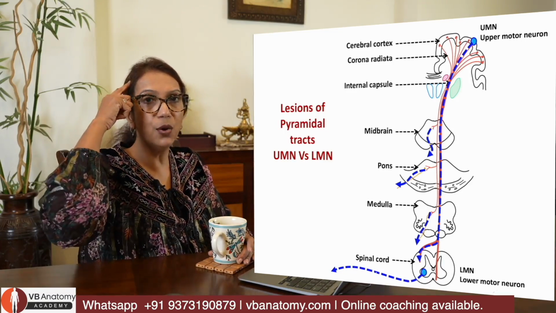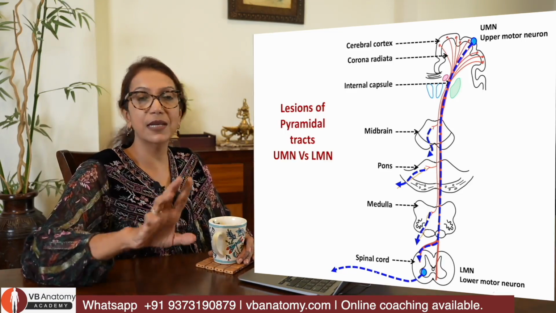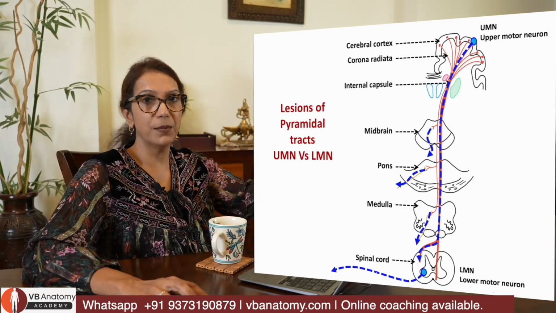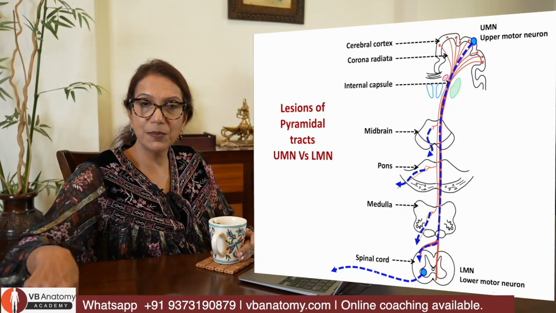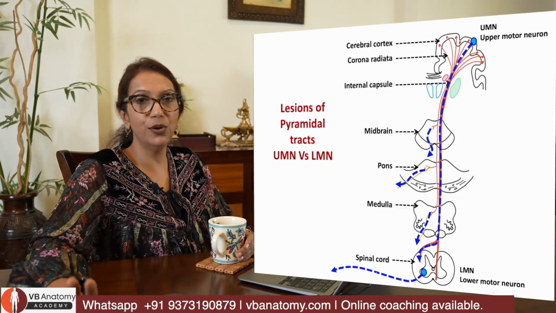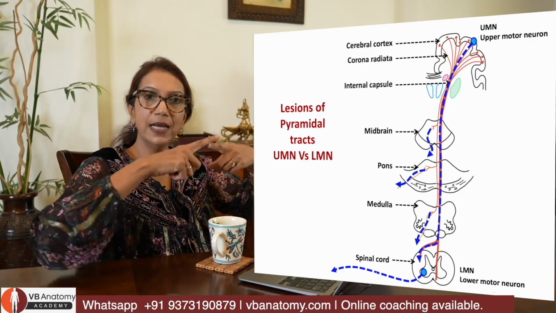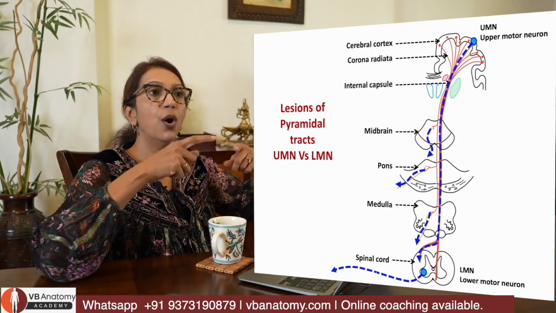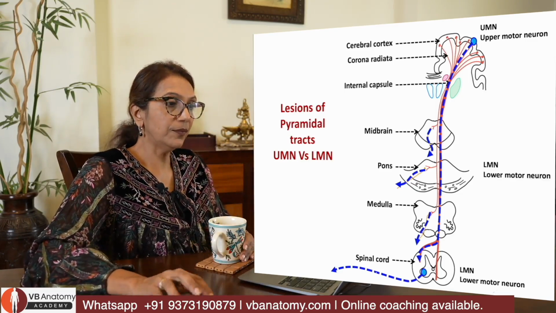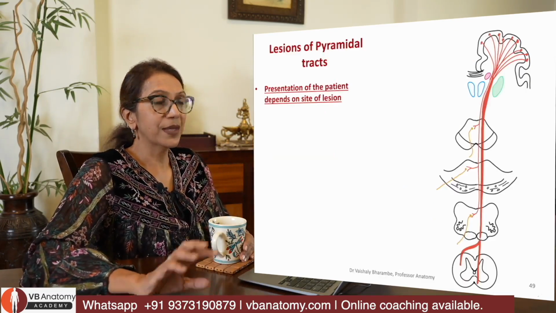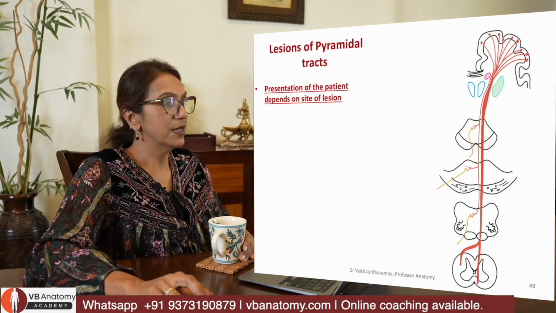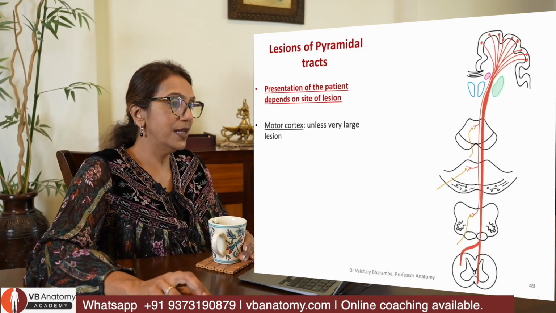The neuron carrying orders from the cortex down is an upper motor neuron. So, if that neuron is injured, it's a UMN lesion. If this neuron which is supplying the muscle is injured, it's an LMN lesion. Clear to all of you? There may be a direct connection between UMN and LMN, or there may be interneurons involved in between. So, now let's talk about lesions of pyramidal tract. What happens? Suppose the lesion is in the